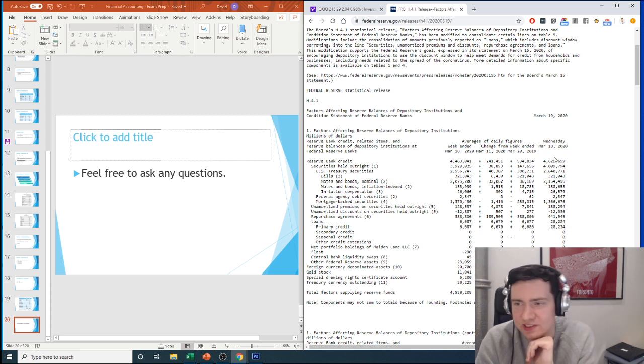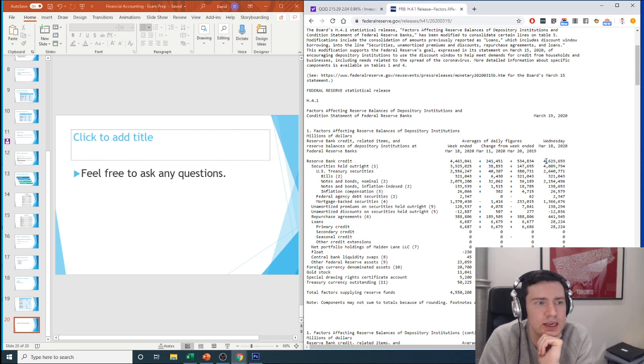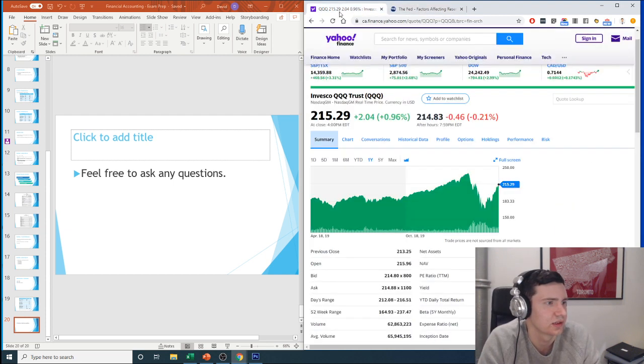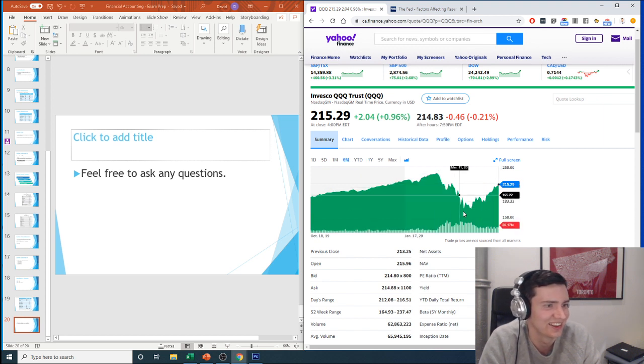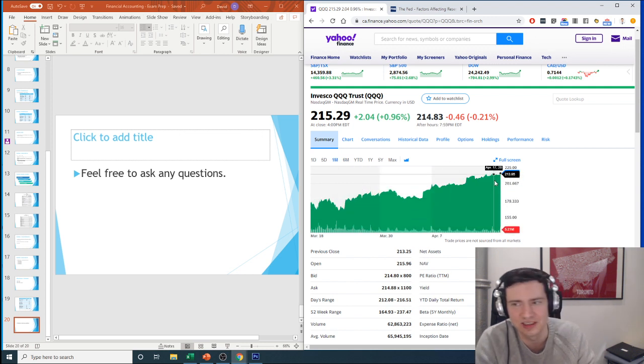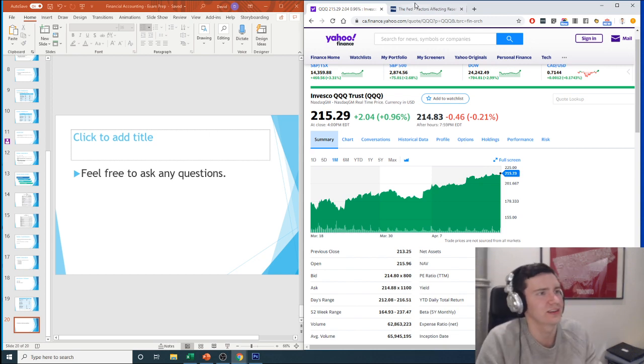That's mind-blowing, considering that after the 2008 Great Financial Crisis, it took 6 years for them to taper the Federal Reserve balance sheet by 500 billion. And they just recently added 1.3 trillion in the last 5 weeks. And that's why markets are doing this. Look at the last month: 168 to 215. Whew.